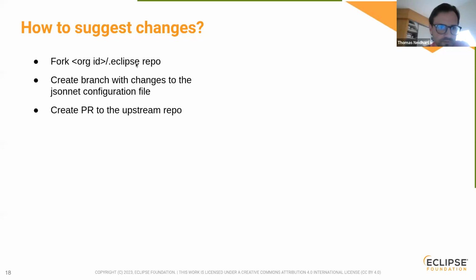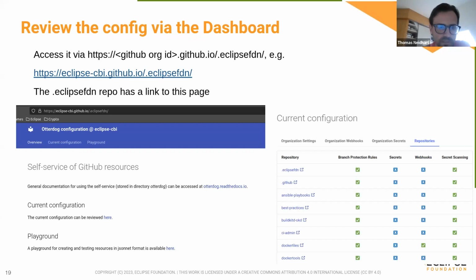Sorry, I made a typo. It should be Eclipse FDN repo, of course. Then create a branch with your changes in the configuration file and create a pull request to the upstream repository. But before you make this PR, you will probably want to go